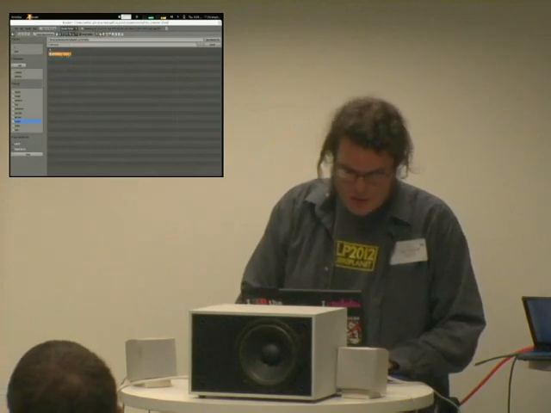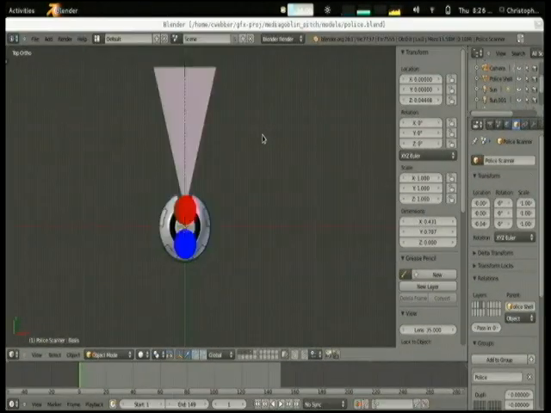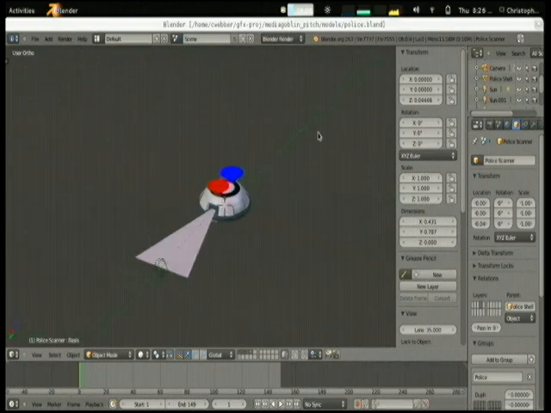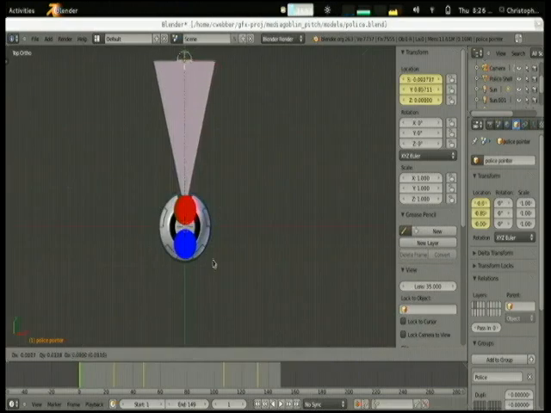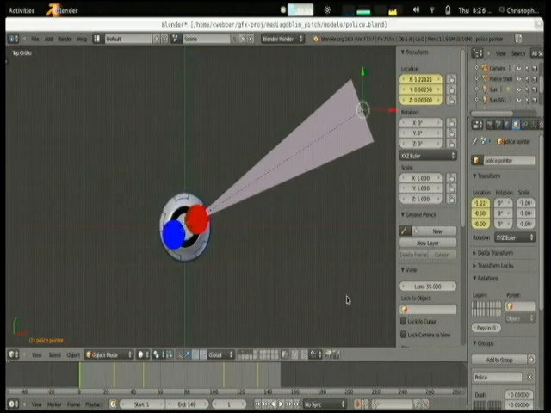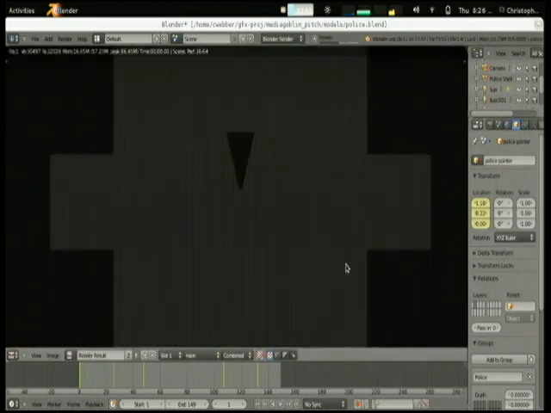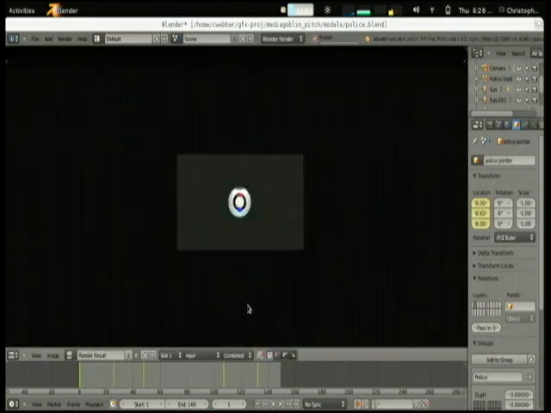Anyway, I can show you other things that make me look way cool, even though they have nothing to do with Blender and they have nothing to do with Python. Like for example, we've got this thing that moved around, yeah, it's like a Roomba. You can control this beam, and you just hit render. Oh, I didn't have all the layers on, so you can't see it. There we go.